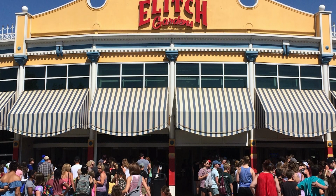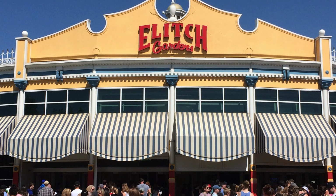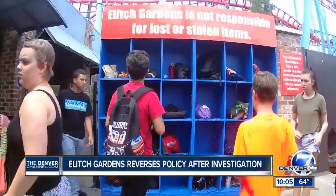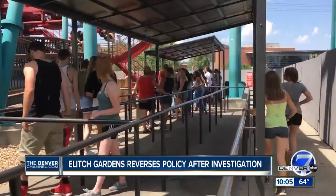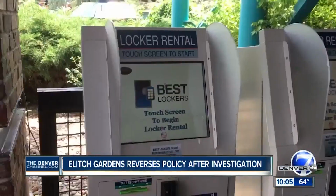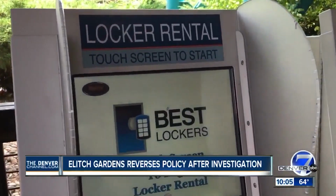features inside the park. As you walk up to the Elitch Gardens gate, it's important to note that there's some things to keep in mind that can help you save money down the road. One thing I'd recommend is renting a locker when you enter the park. Elitch Gardens has a quite strict on-ride policy for loose articles. This means that they will often require you to pay for a locker at the entrance to each ride, so